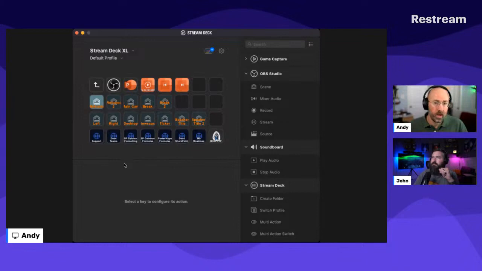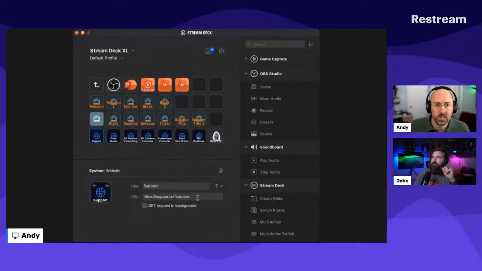And then from there, I have go to my desktop, go to me on the right, go to me on the left. And I find that I'm giving the same links over and over and over in chat windows, so I hotkeyed some of those down there, like support.microsoft.com or support.office.com. I went ahead and just hotkeyed that down at the bottom, so I can very quickly click that button and redirect one of my users to that. And I don't have to remember the shortcuts or the website or whatever.